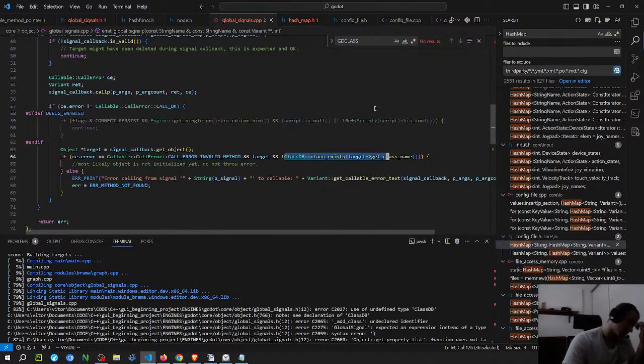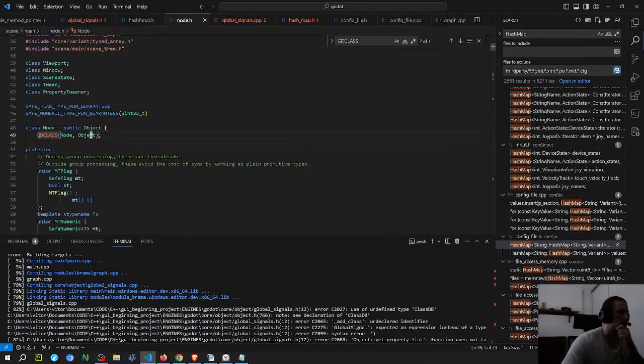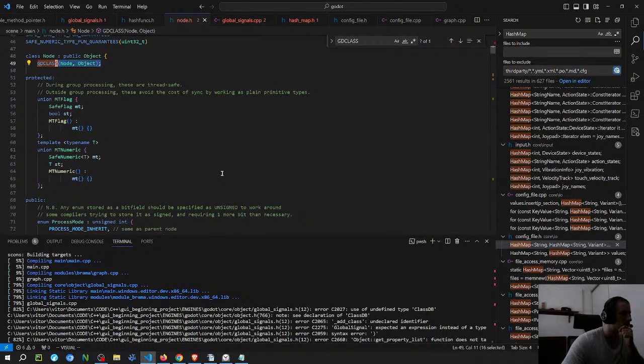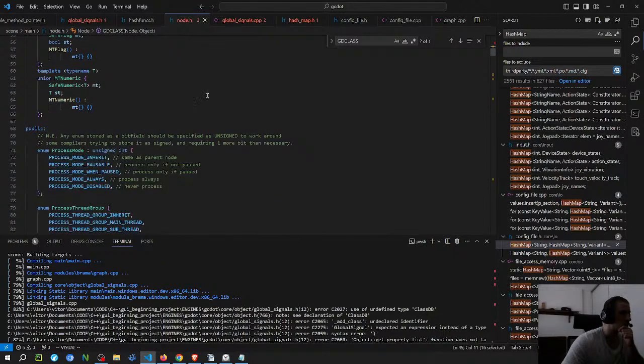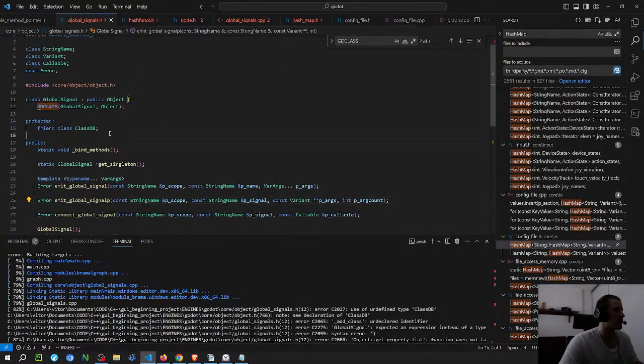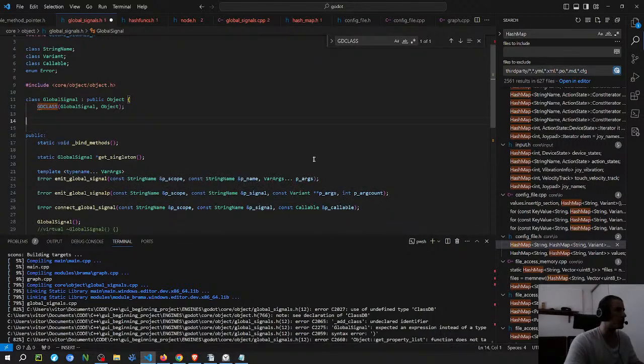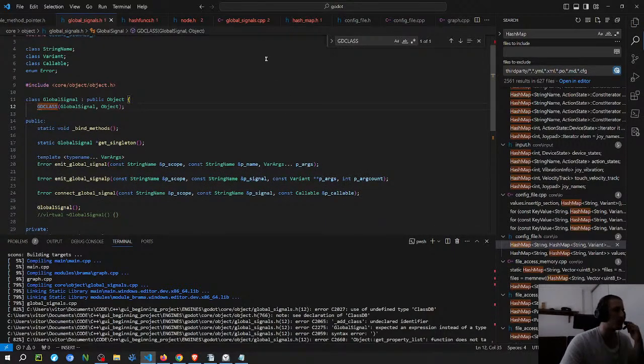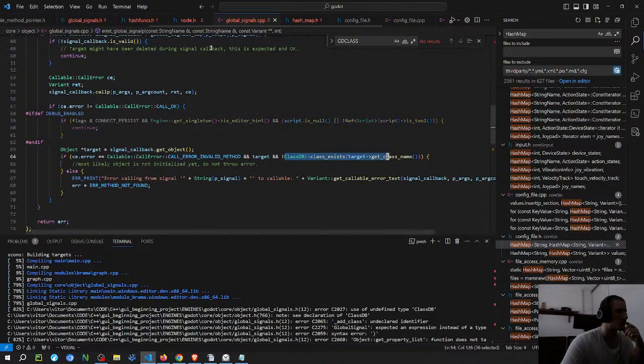Hmm. I think no, it shouldn't be because I'm using object, because this one subscribes with object. So one thing that I can do is just remove and then remove the stuff related to class DB there, or comment this stuff out.